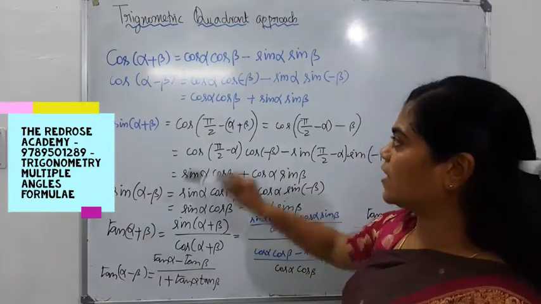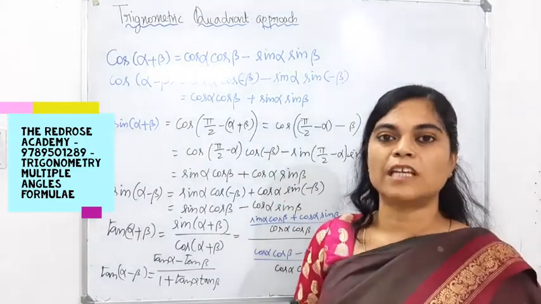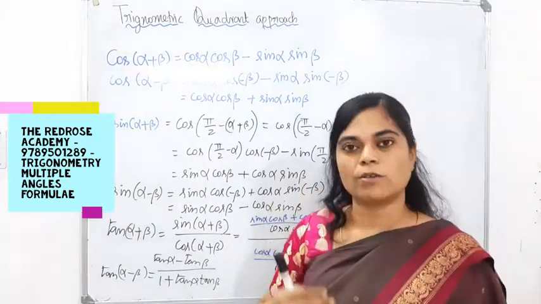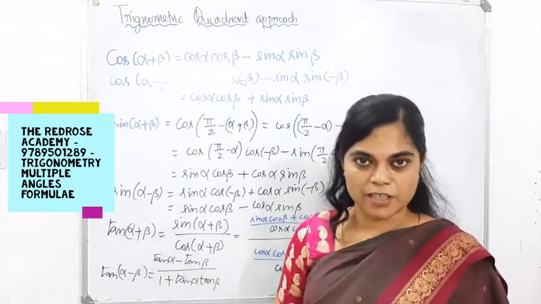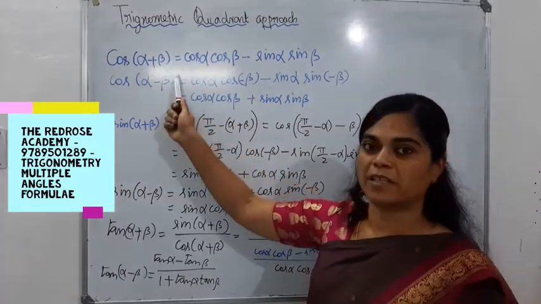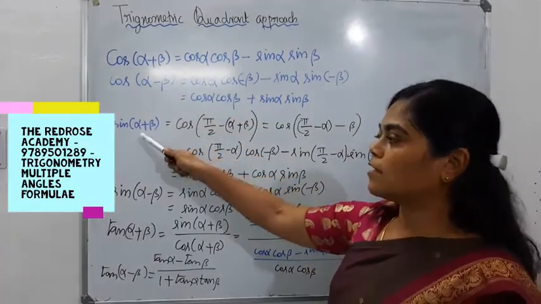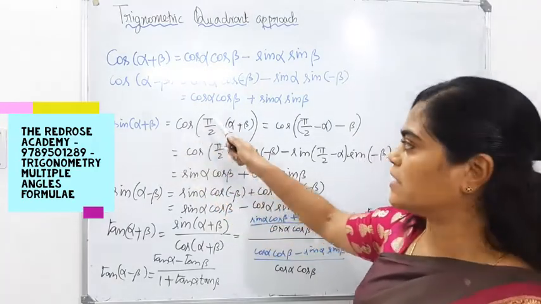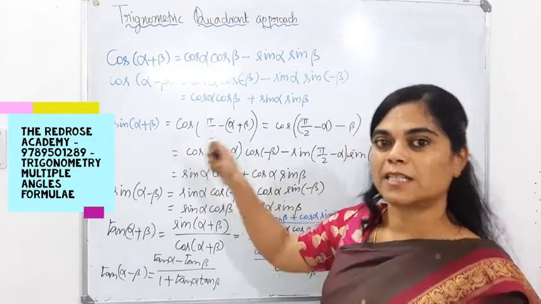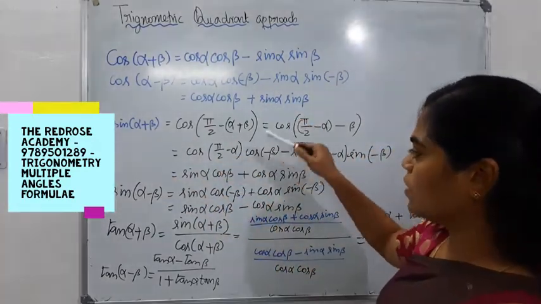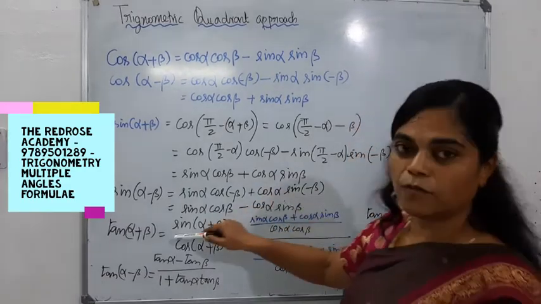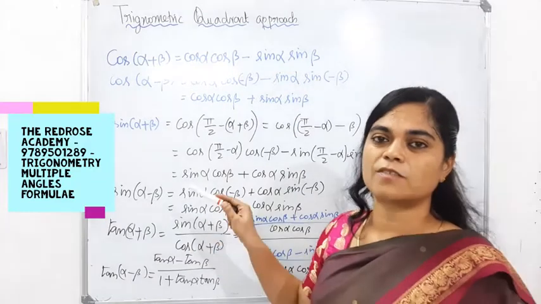So these formulae you have to keep in your mind. You have to examine all the derivations. From that particular derivation we achieved cos alpha plus beta first. From that we derived sin alpha plus beta by substituting pi by 2 minus theta, otherwise cos 90 minus theta is sin theta. Likewise we have derived these formulae, and sin alpha minus beta also, and tan alpha plus beta also. Keep everything in your mind. This is very important.